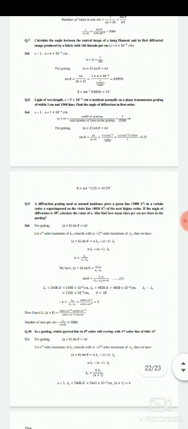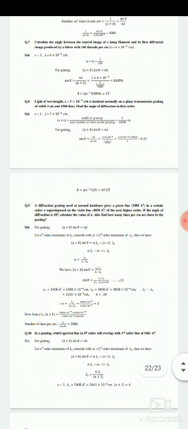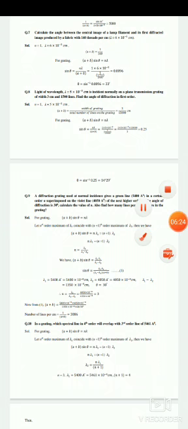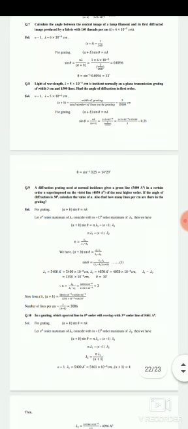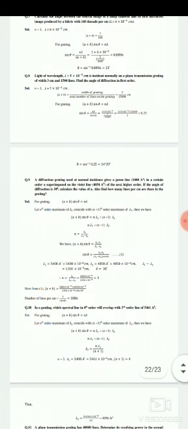Question number 8. Light of wavelength 5 into 10 to the power minus 5 centimeter is incident normally on a plane transmission grating of width 3 centimeter and 15,000 lines. Find the angle of diffraction in first order. Here we first have to calculate the grating element, which is the width of the grating upon the total number of lines on the grating. Simply, in the question, width is 3 and the total number of lines